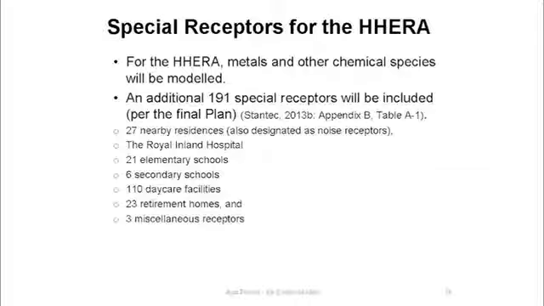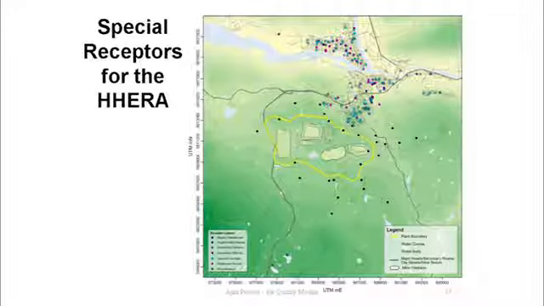As I mentioned, CalPUF will also be used to support the HERA analysis. It'll include the list of metals and other chemical species that I just mentioned, and coming up on 200 or so special receptors of interest, similar to the other presentations: elementary schools, hospitals, daycare facilities, retirement homes, areas of sensitive members of the population where it's important to specifically look at the health effects associated with emissions from the project. There's a map that depicts the location of those 200 some odd special receptors for the HERA assessment.